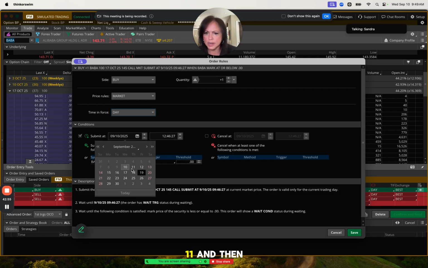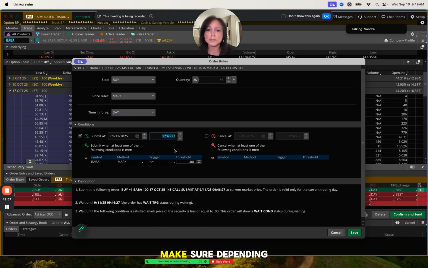What is that, 11? And then here, depending on your computer, if it's set to Pacific Standard, Central, or Eastern, you're going to want to make sure this lines up. So the market opens for me, as an example, at 6:30 in the morning. I don't think my simulation is proper here, but I'm going to put in